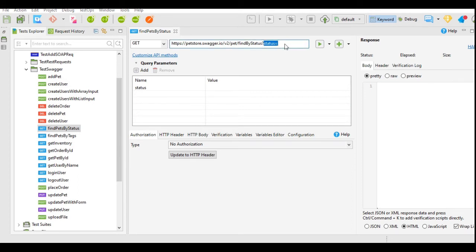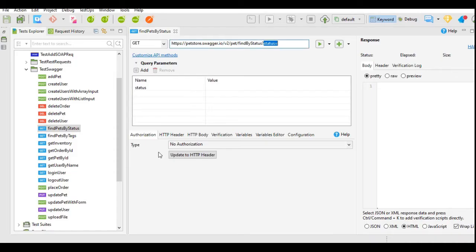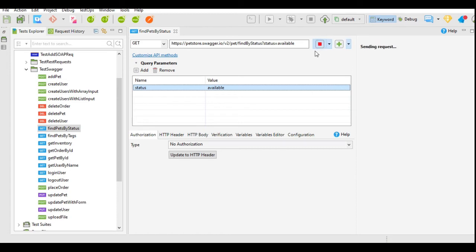The parameter is status. We can use any of these parameter values, that is available, pending or sold. So I will go here and give the value. We can give the value over here or in the parameter. I will give the value in the parameter as available, which will be shown over here once I add it, and I will execute this request.